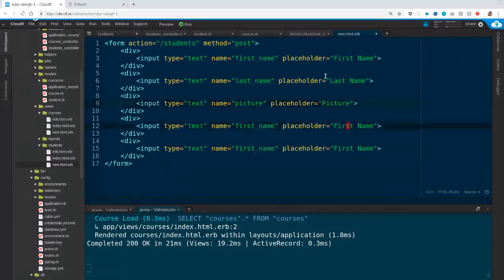And then this one, let's come back to that one. This one is of type submit. And then the value is going to be save. All right. Okay, so for this one, instead of having